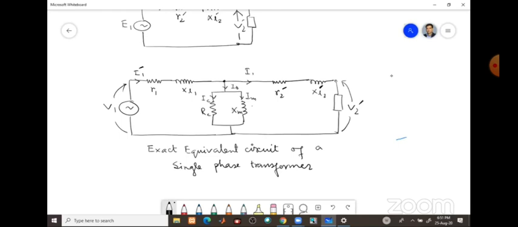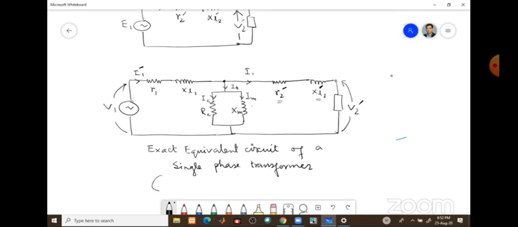No, nothing is required because all these you have taken in R2 prime, XL2 prime. All these parameters of the secondary you have taken into account. You see here which circuit, which equation I have taken for modification. I have taken the equation number 4, that is the equation for the secondary for modification. So therefore we are getting this modification in R2 and XL2. So that is the secondary parameters have been modified.